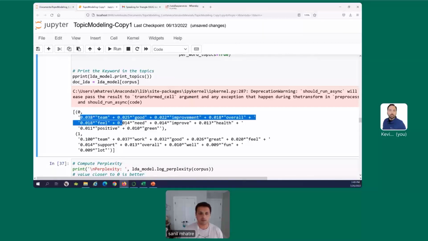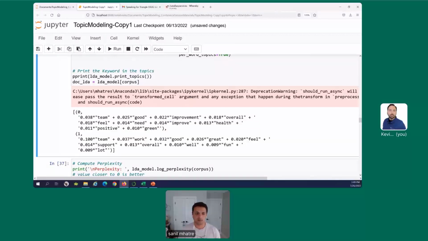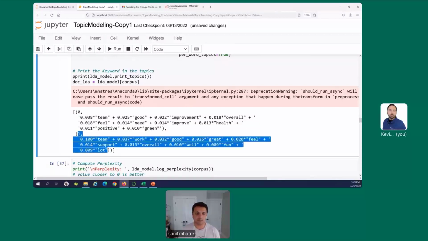It's giving us the cluster of words that topic number 0 is composed of and the importance of every word within that cluster. You'll see the same thing for the next topic. Topic number 1, the words that the topic is composed of and the importance of each and every term in that topic. And the words are arranged in the decreasing order of importance.